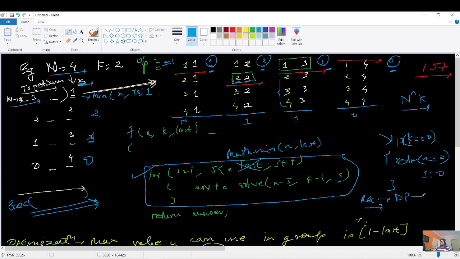If you're still not able to get what DP is and how memoization and tabulation are achieved, I highly recommend you watch my DP series. In the first videos I explained in great detail why recursion is there, why DP comes, and how memoization and tabulation work. But in one line, memoization is nothing but this: